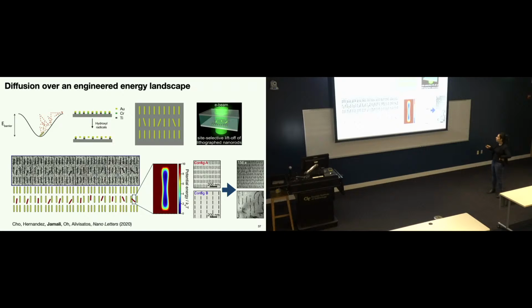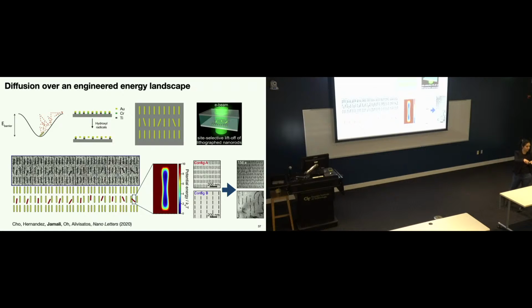So if I have a bunch of particles on the surface, and I add water, close it, put it in the microscope and shine the electron beam at high dose rates, I'm talking about more than 100, then the chromium starts to etch away, and the rods that were attached to the surface with chromium are lifted off the surface and start to move within this array of fixed nanorods. So you make this synthetic energy landscape on the surface of the silicon nitride, and then the particle starts to move, and